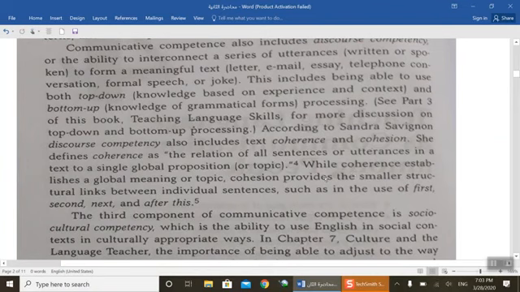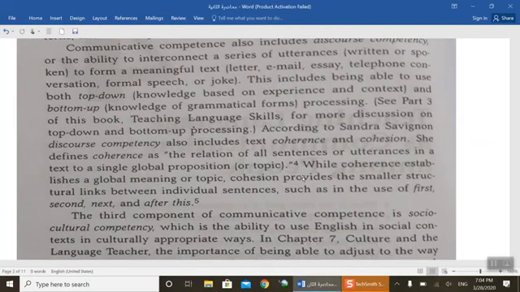Coherence is what? There should be coherence. For example, if someone is writing about a topic, writing 4 paragraphs, these 4 paragraphs, the first, the second, the third, and the fourth, should be related to each other. There should be a relationship, a connection between each one of them, and then to the topic, to the title.